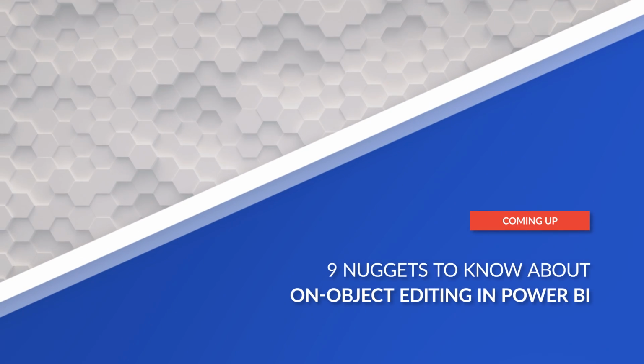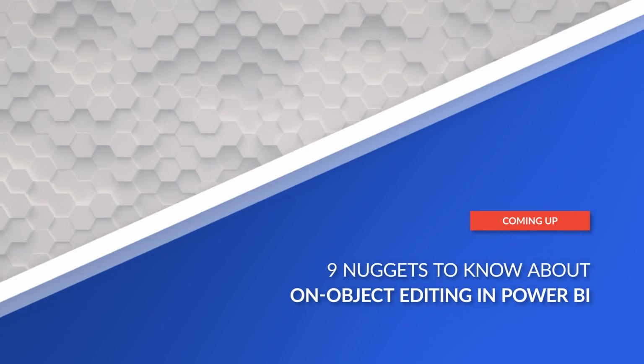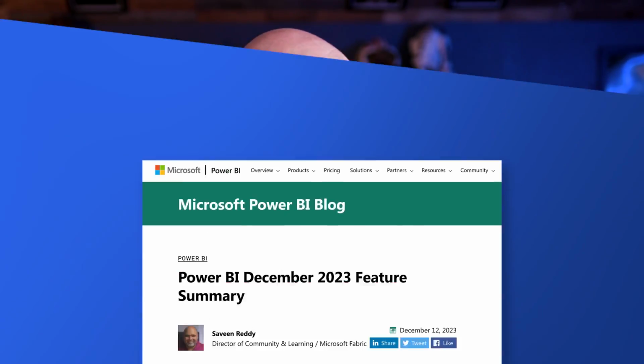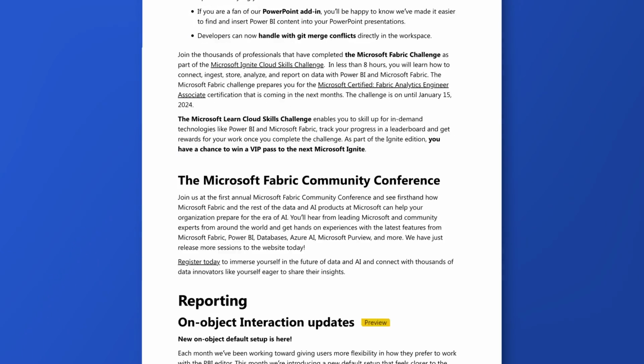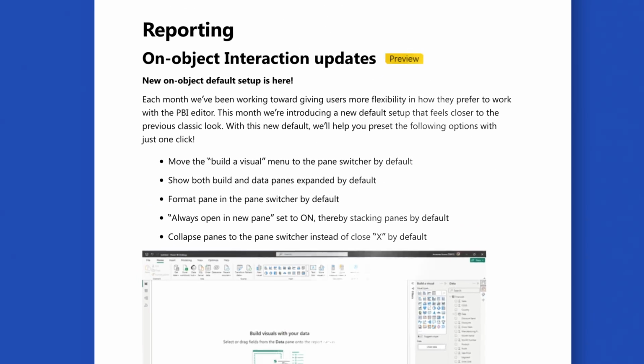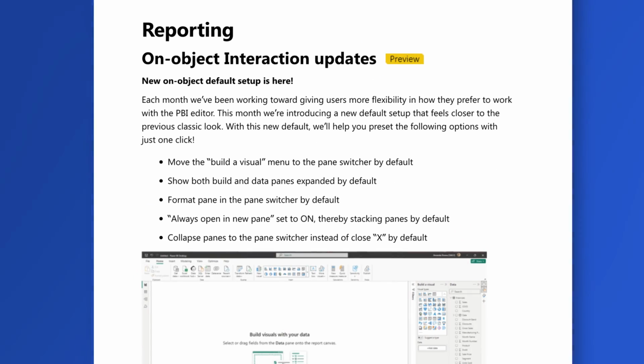I love nuggets of on-object editing. There were some comments in the last couple of videos we've done where folks had some opinions, and there was a lot of good feedback as well. The December 2023 update for Power BI Desktop incorporated some of that feedback, and I'm actually really surprised what they did here. We'll go through a bunch of these nuggets. I've got a handful of them for you, I think nine in total. And stick around for the last one, because that specifically came out in the December 2023 build that I think